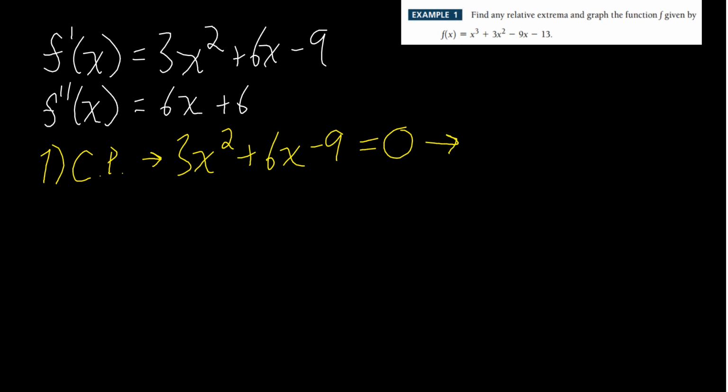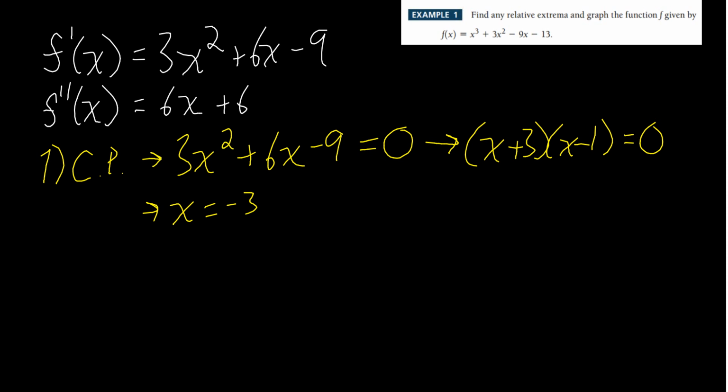we end up with (x plus 3)(x minus 1) equal to 0. That means we have critical points at x equals negative 3 and x equals positive 1. These are our critical points, and we're going to take these critical points and put them into our second derivative. So step 2,